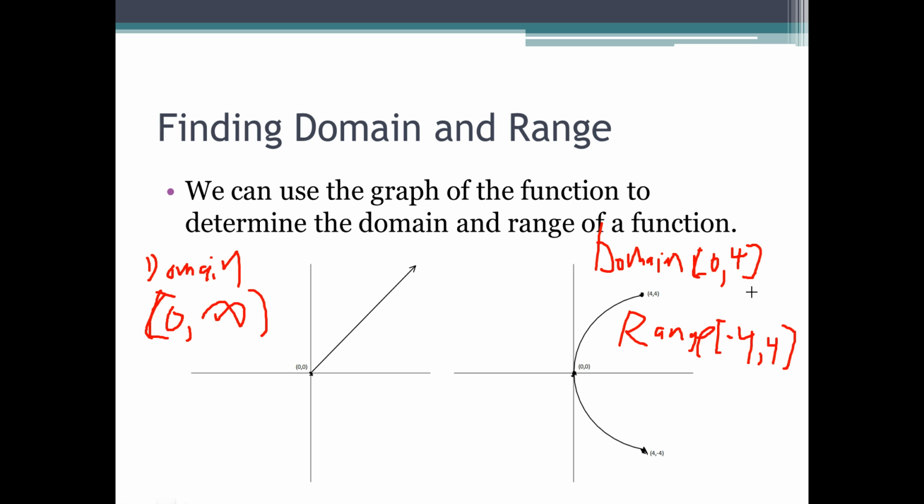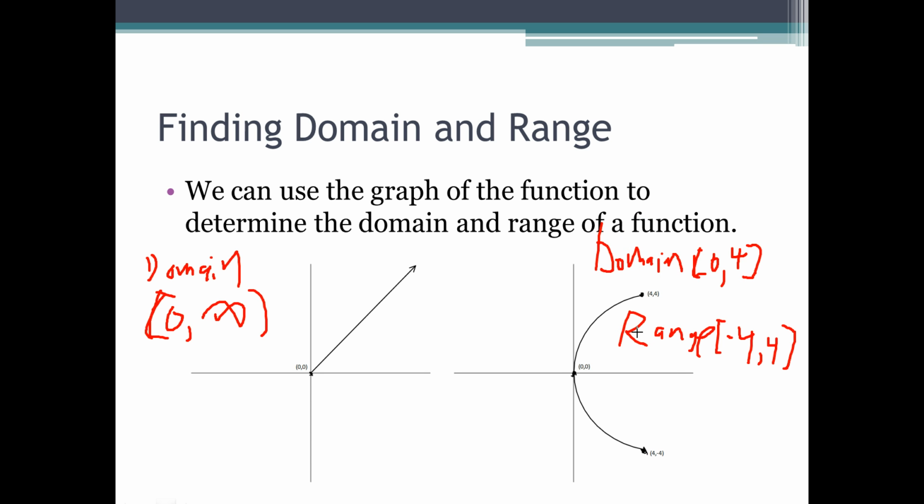Now these are pretty easy domain and range problems, but sometimes it can be a lot trickier. For example, we know that this graph is continuous, which means that there are no sudden breaks or anything. Later on you'll realize that not all functions are continuous like this. This range right here means that the y values of this graph can go from negative 4 to 4, which means that there's a y value for every value between negative 4 and 4. If there isn't,